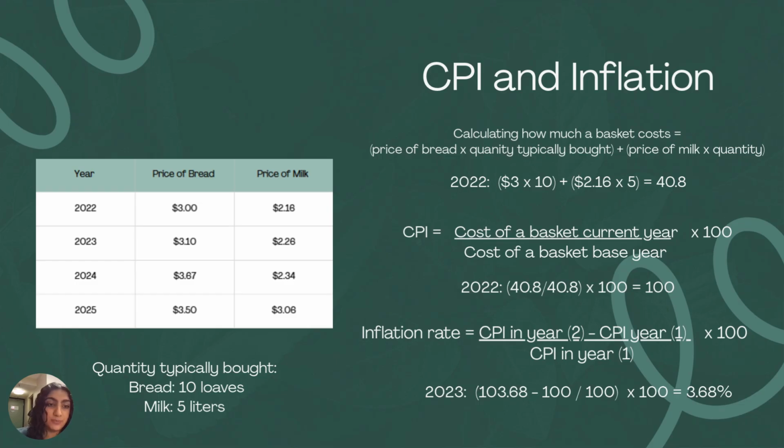For the inflation rate, you compare CPIs, so the CPI of, say, year 2, so 2023 in this case, minus 2022, so year 1, divided by year 1 times 100. And here I calculated 2023 on the side for the CPI, but that led to a 3.68% increase in inflation